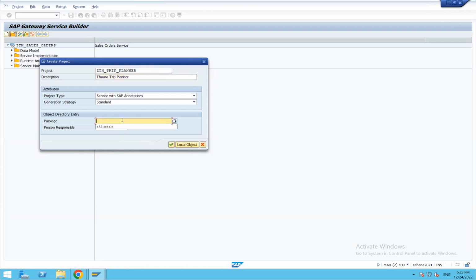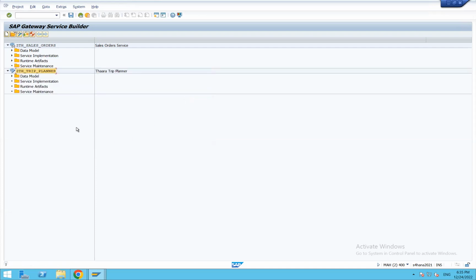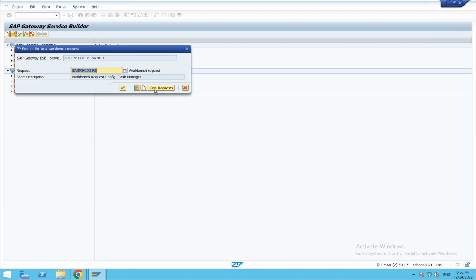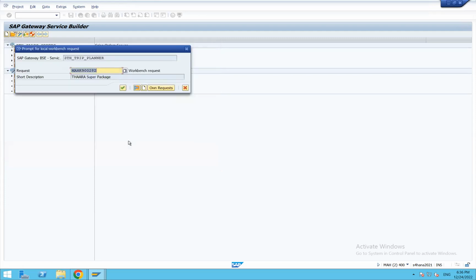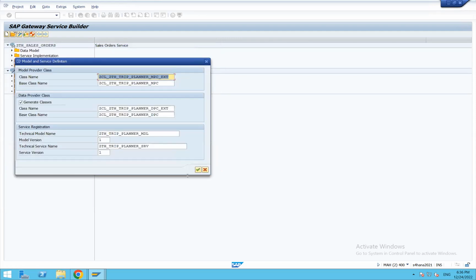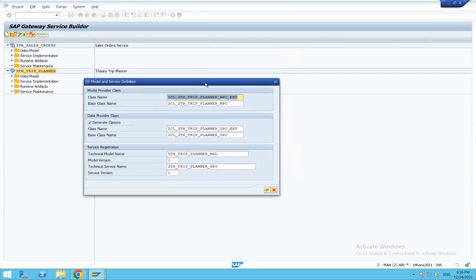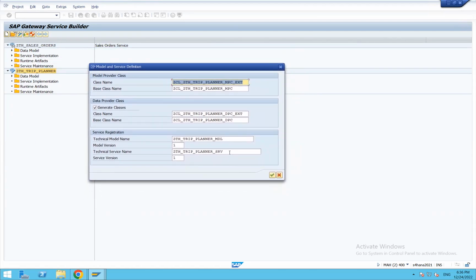Okay, I'll assign to my package. That's okay. It doesn't matter. It's not going to go anywhere. But as we have created package, okay, what is this? That's okay, no problem. So these are all the artifacts that are going to be generated, and this is what is going to be our